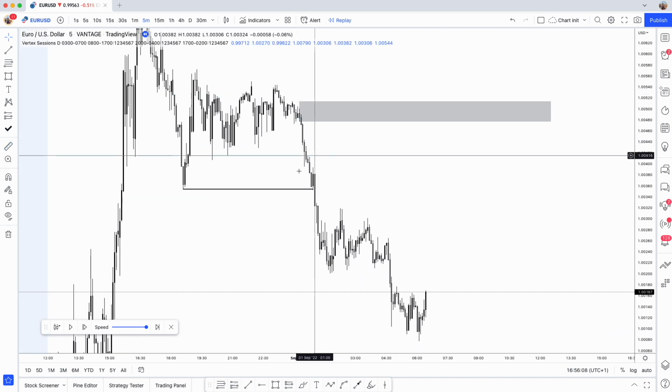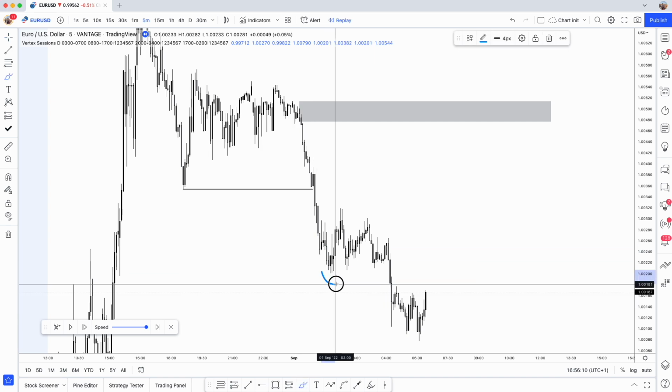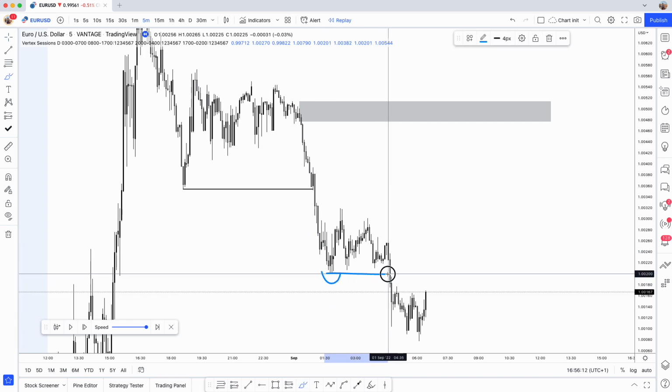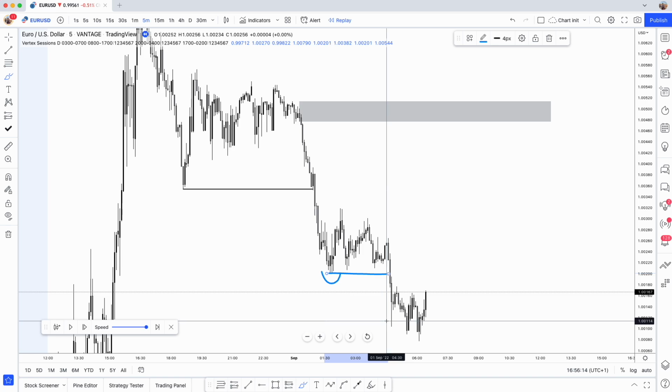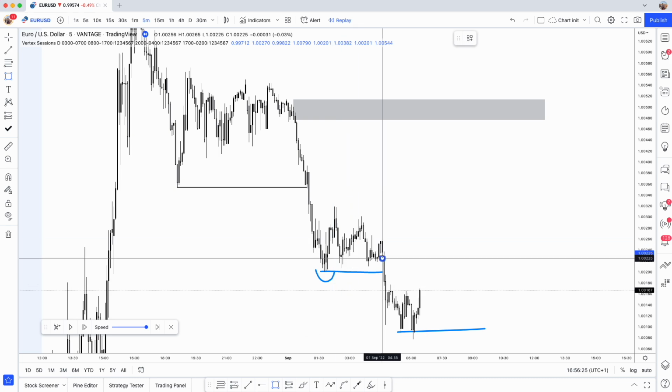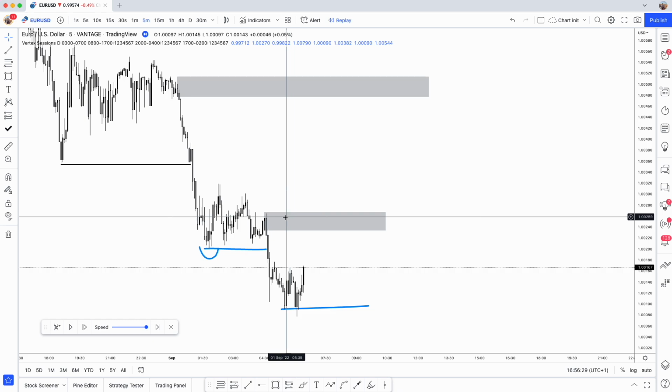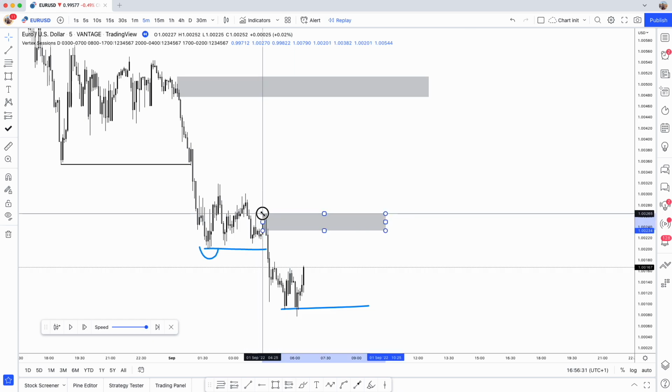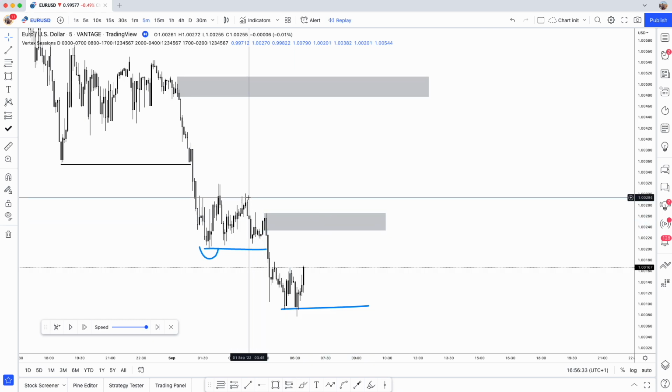And then that goes on to create this range low, which then breaks structure, and then we create a new range low all the way, did that break? No. To here. Okay, so now what we have is two POIs. I drew that one wrong, sorry. We've got two POIs now, and all we need to wait for is our London session to trade.